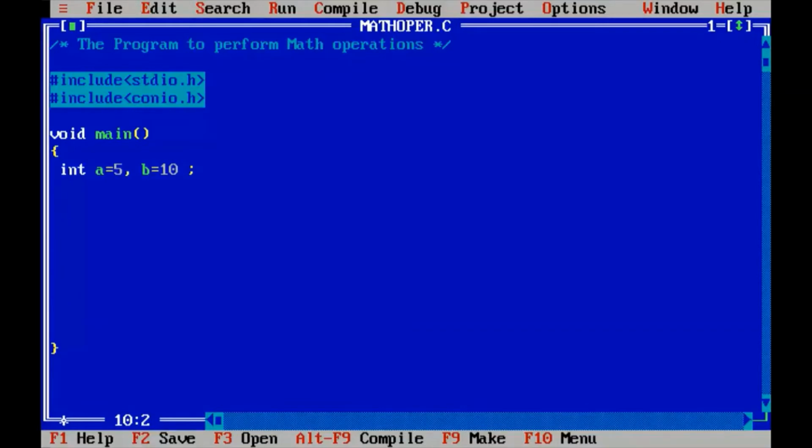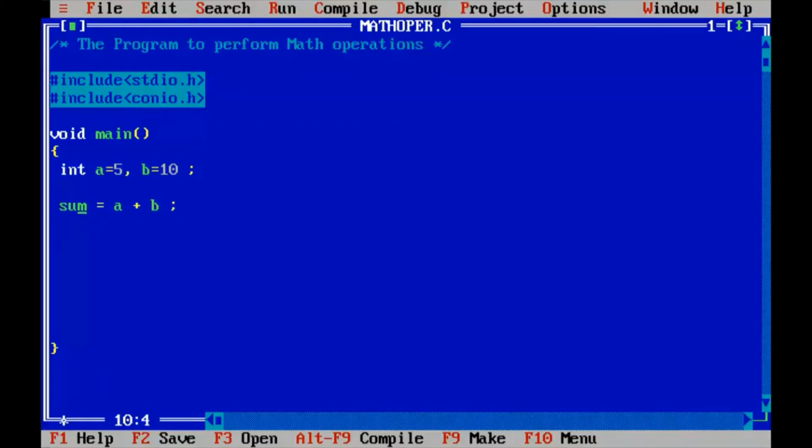Now I need to add them together, right? So this will add up a and b. This statement a plus b will add a and b together, and where is my result going to be? So I need another variable, right? I will call that variable sum. So this is an expression now. Whenever you come across an equal sign with some operator and a semicolon, you can recognize it as an expression.